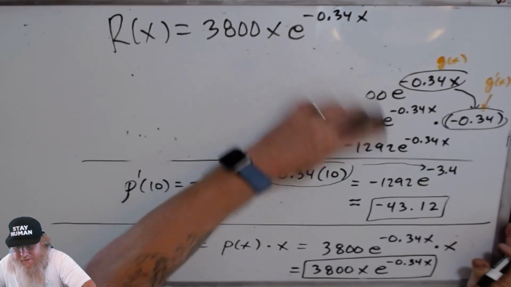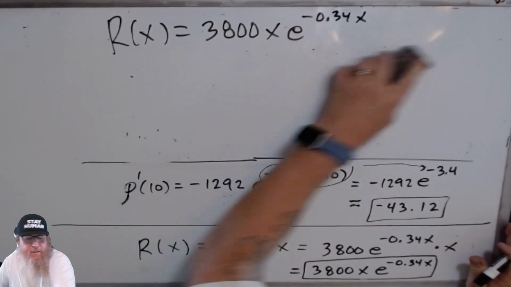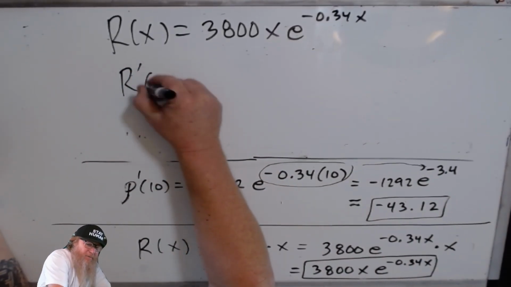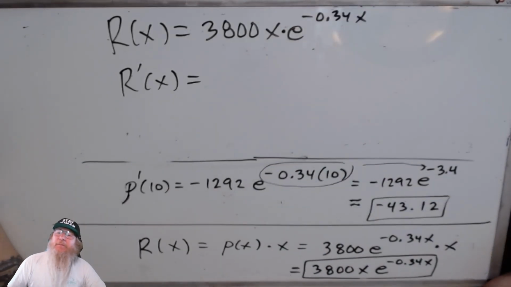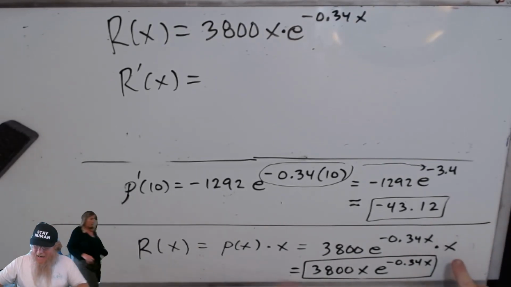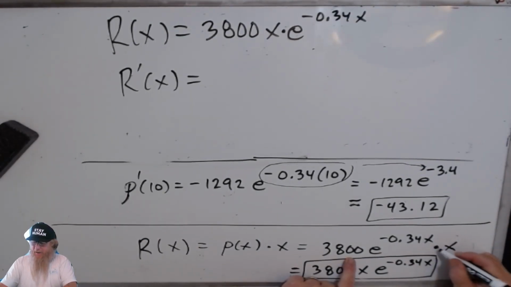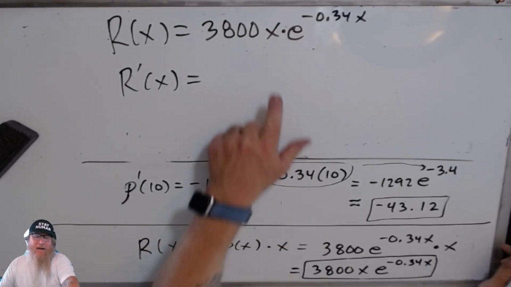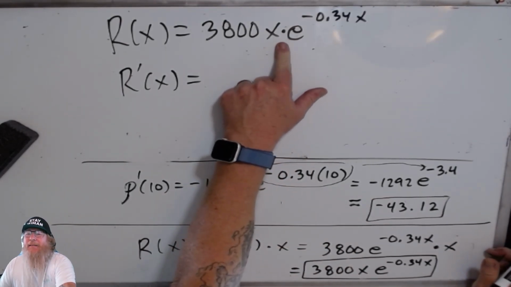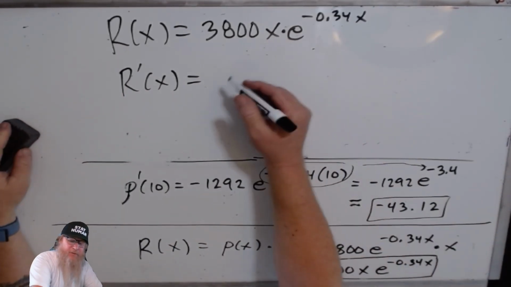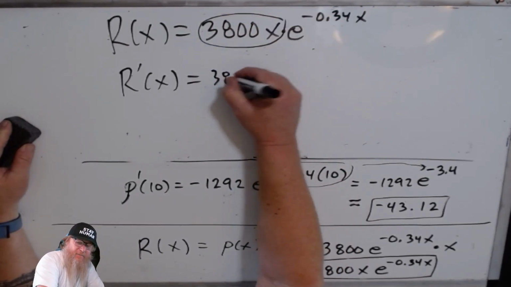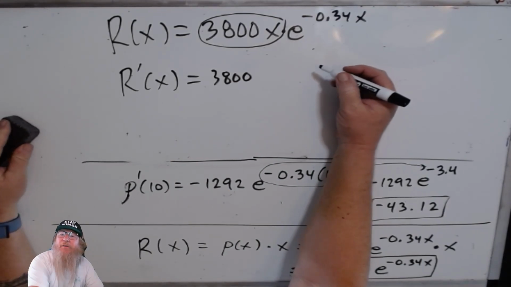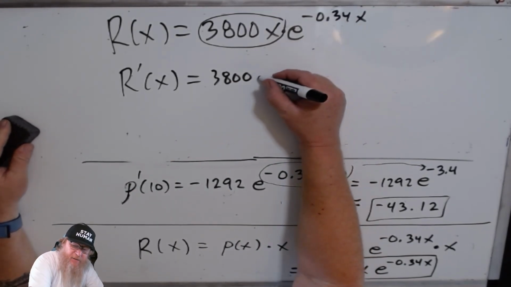I want the revenue from selling 10 machines. So I want the marginal revenue, so the derivative. Now we have a product rule. And again, I could have left it like this with the product rule here, but I've just always been trained to put the x in the front and then make that the product. It doesn't matter. You're going to get the same result anyway. So the derivative of the first factor, 3,800x, is 3,800, times the second factor,